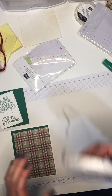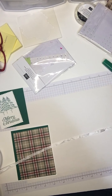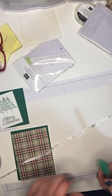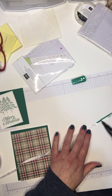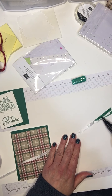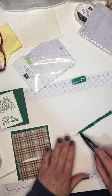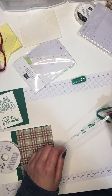I haven't got the ribbon in question, but what I do have is some white seaming ribbon, and this works with any of our ribbons. I'm using my Stampin' Blends marker. It's our alcohol markers, and I'm just running it along the ribbons. So you can do this with our whites and our vanillas, and they just soak up the color. This dries really quickly,